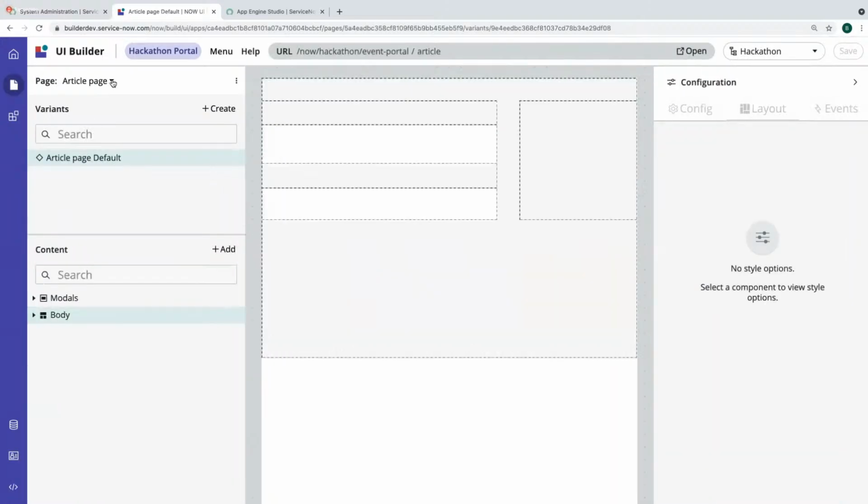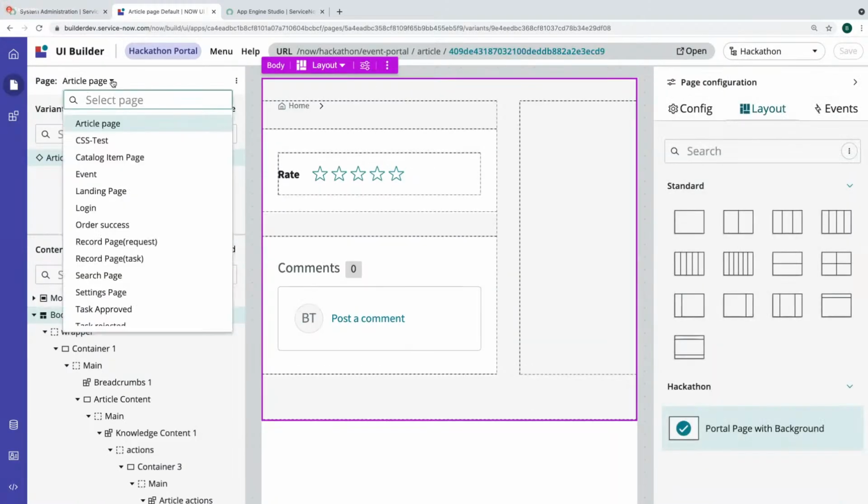UI Builder is greatly enhanced in the Quebec version of ServiceNow. Right, Brad? Yeah, we have a lot going on in the Quebec version. It originally came out in Orlando, and it was primarily used for customizing and adding things to workspace landing pages, which was really nice for workspaces.